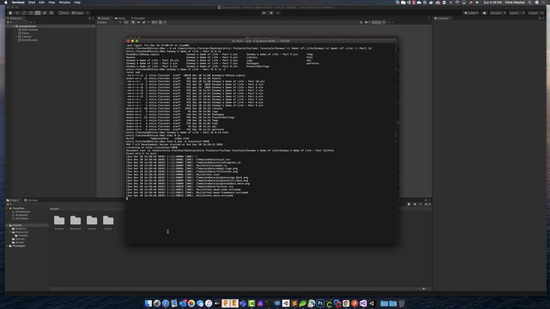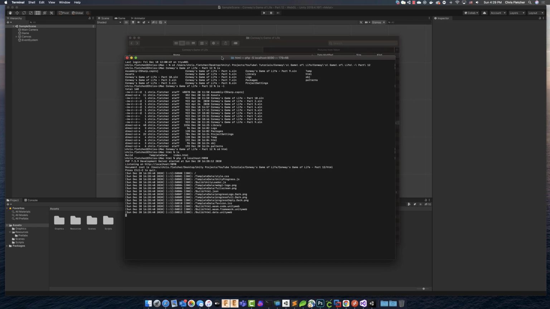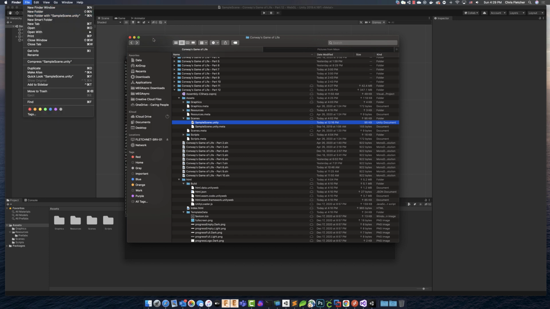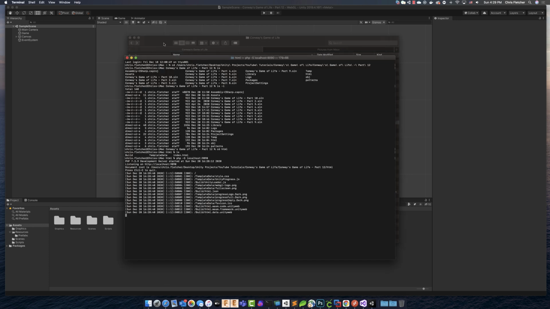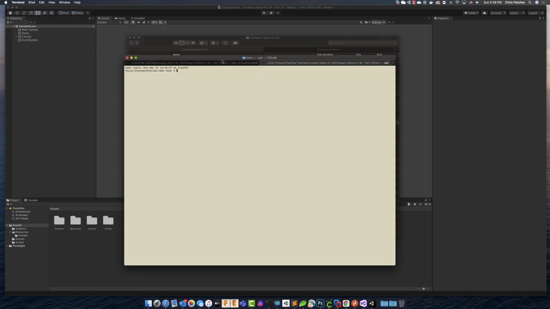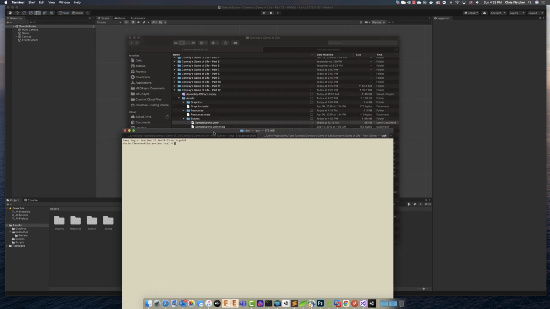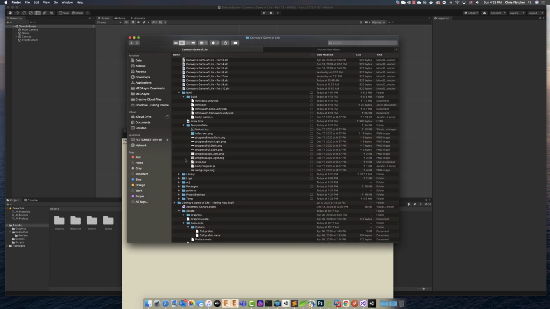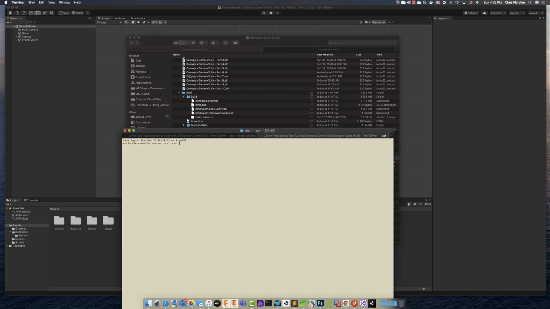We're going to leave this running, and then in a separate terminal window, on Mac I can just do Shell, New Tab. We can then again drag in the HTML folder to make this even lazier. We're going to go cd space and then HTML, drag that in, and now we're in the HTML folder. So now all we have to do